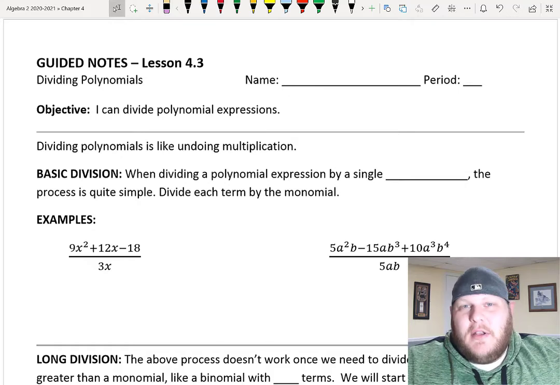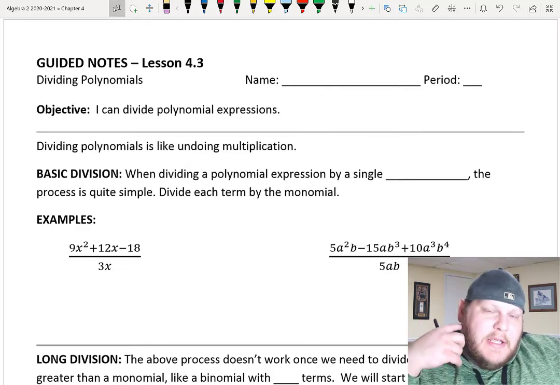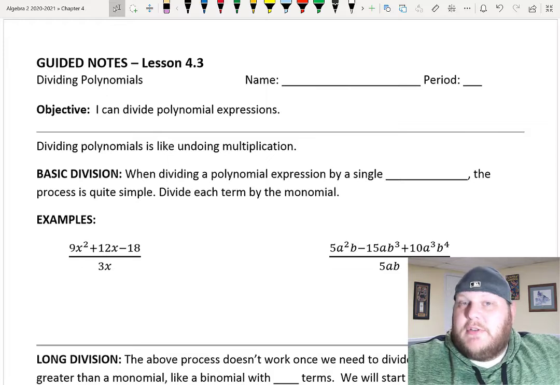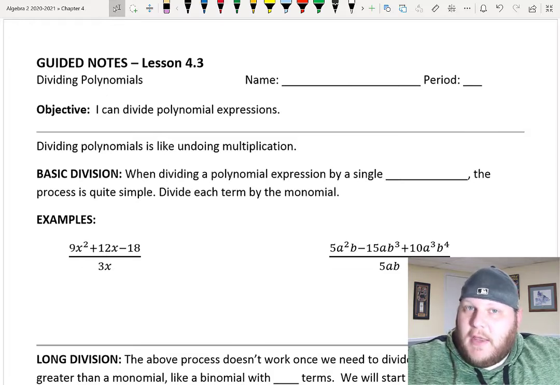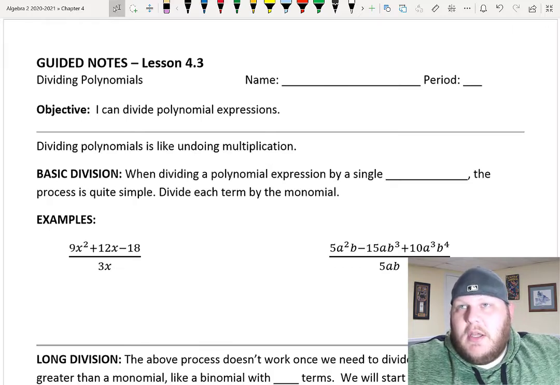Hey guys, today we're looking at 4.3, which is all about dividing polynomials. If you've noticed in 4.2, between days 1 and 2, we spent time focusing on how we can add two polynomials together, how we can subtract polynomials, and how we can multiply polynomials. So in 4.3, we're looking at how we divide polynomials, which is like undoing multiplication, but